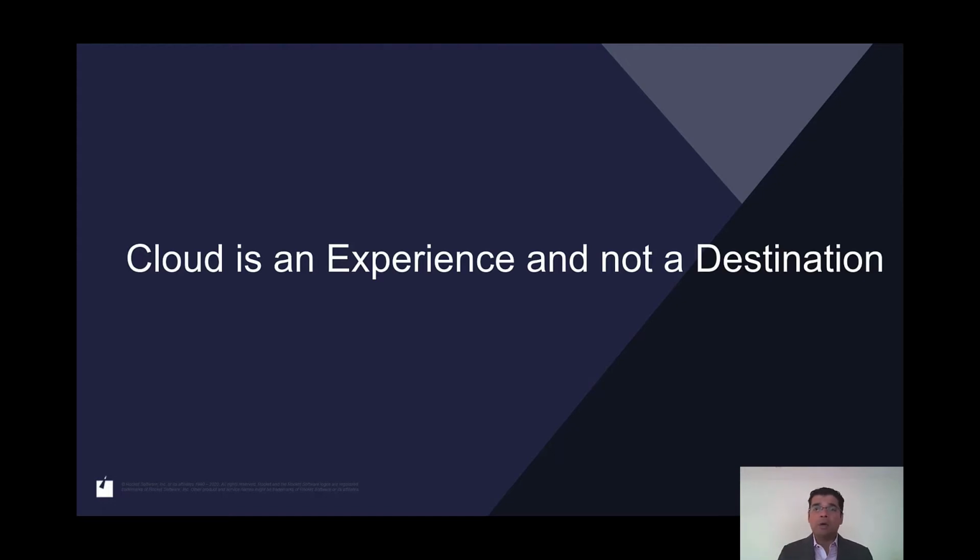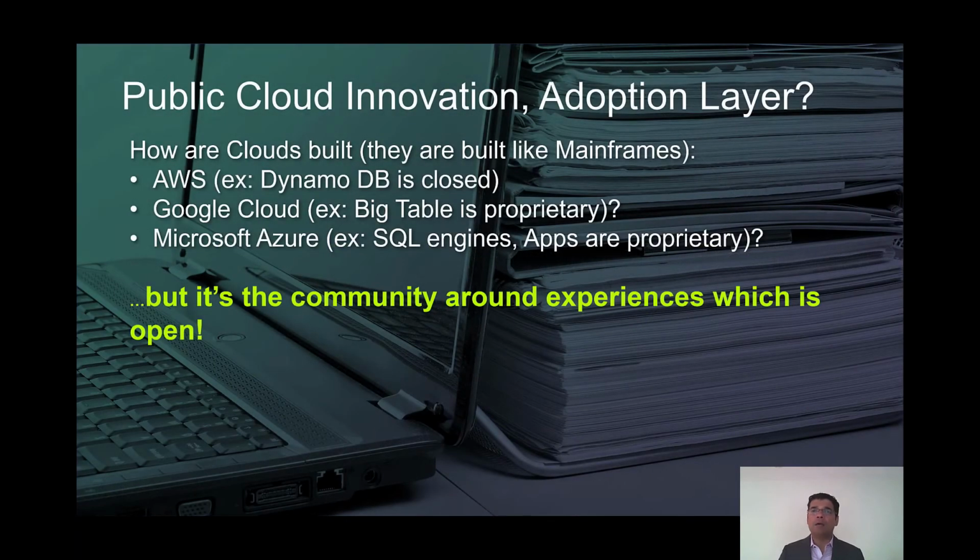It always helps to look at the examples and the references of how the cloud environment is working and what is important and how the adoption curve began. So let me give 3 examples from a reference standpoint on the public cloud innovation and what was really innovative about public cloud. So let's take the 3 more popular public cloud environments, the AWS, the Google Cloud, and the Microsoft Azure. So let me start with the AWS.